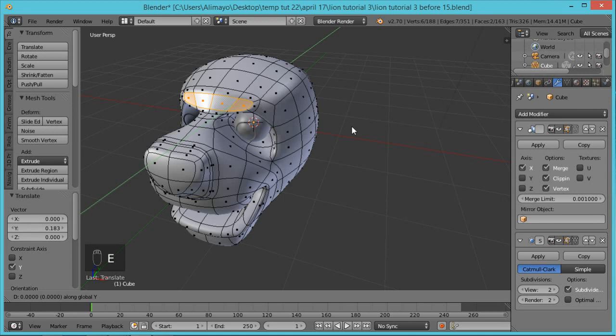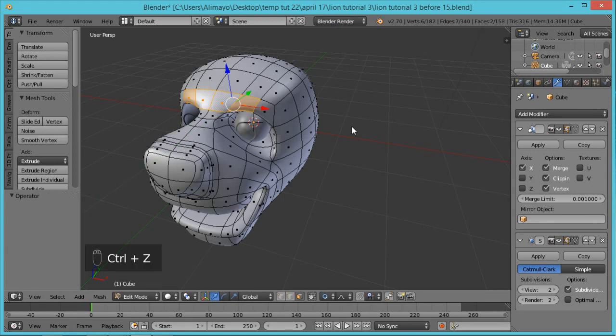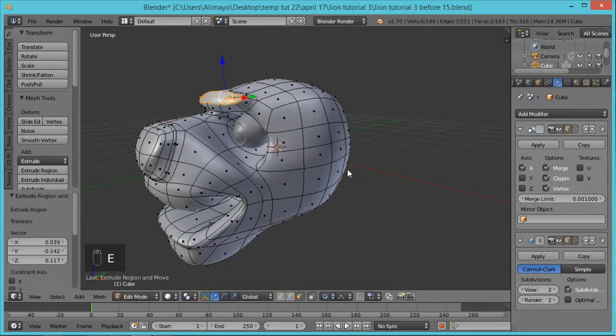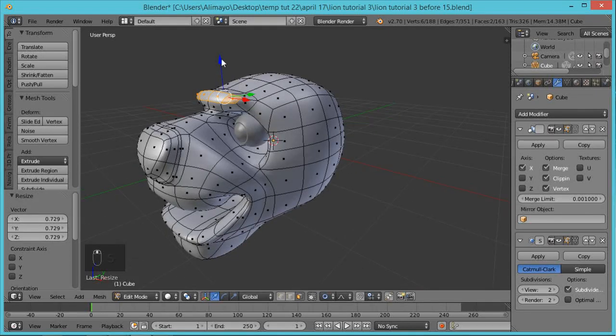I'm going to hit E to extrude. Actually, I'm going to Control Z that. I don't want to extrude on the axis. I'm just going to hit E to extrude, like this. I'm going to hit S to scale. I'm just going to pull this